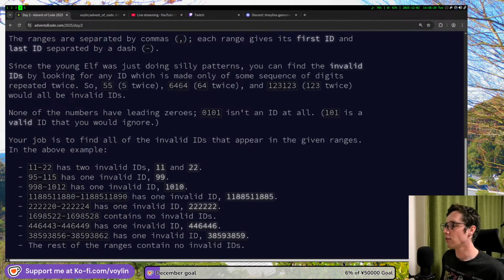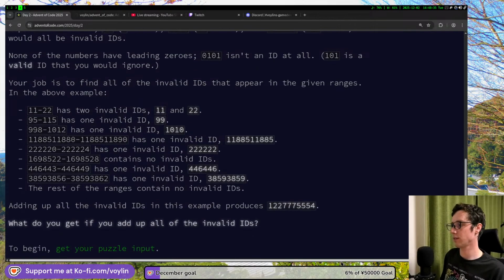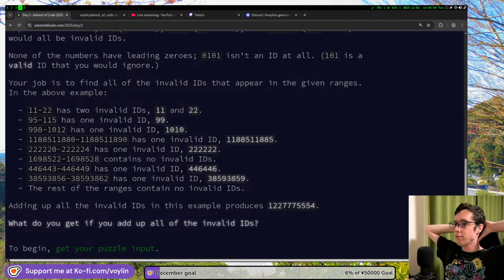Okay, so none of the numbers have leading zeros. 0101 isn't an ID at all. Okay, so it's invalid. 101 is a valid ID that you would ignore. Okay, so a couple of exceptions already. Your job is to find all of the invalid IDs that appear in the given ranges. In the above example,